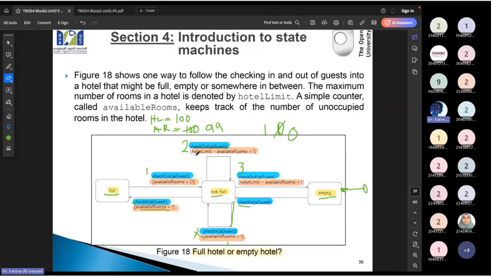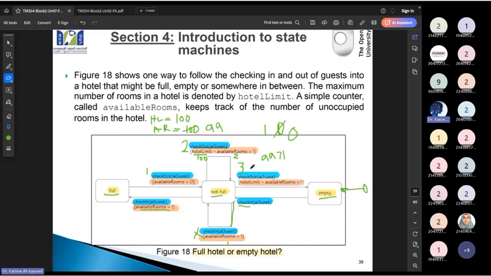If you check out, if the hotel limit is 100 minus the available room, let's assume the available room now is 2. So the limit 100 minus the available 2, so it is going to be 98. It is bigger than 1, yes. So it's going to still be not full. However, if I have a hotel limit اللي هي 100 minus the available room الغرف المتاحة حاليا, it is going to give us a 1.